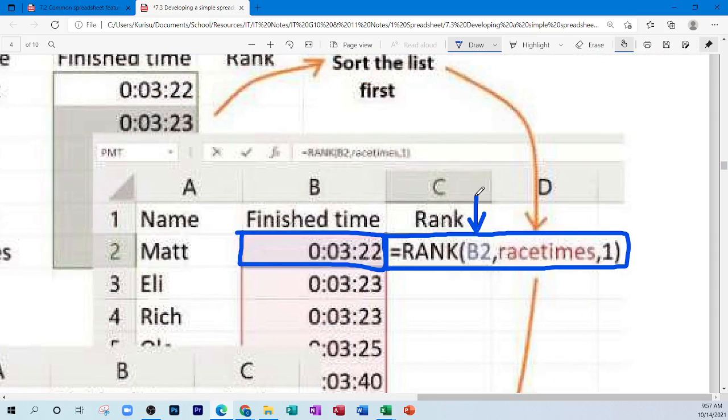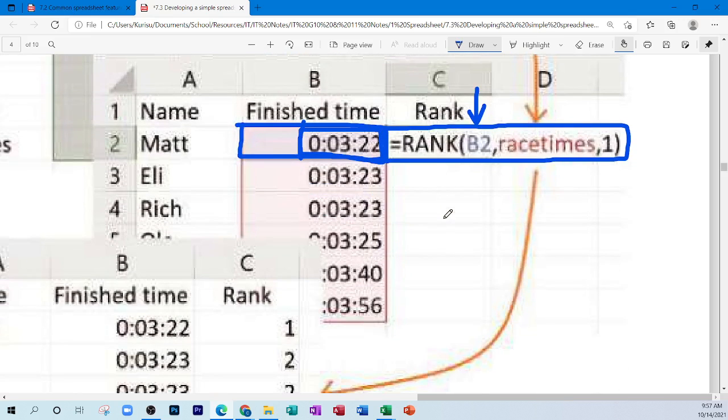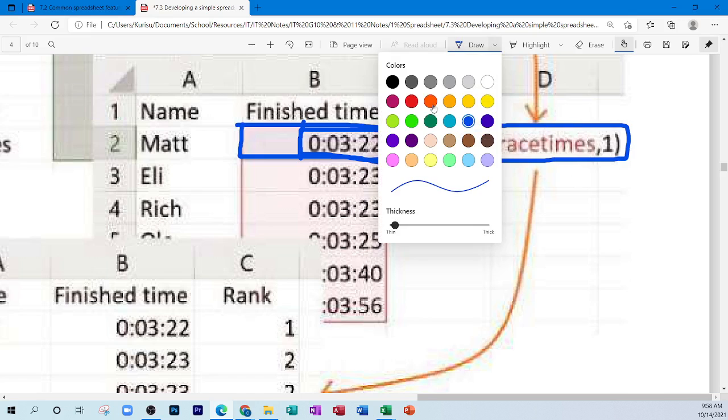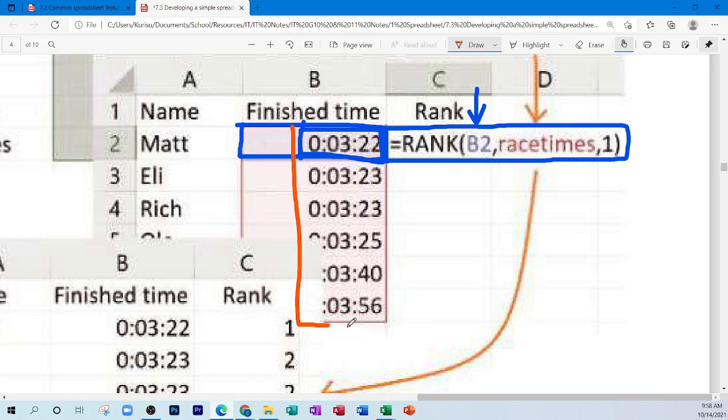So B2, which is this time that you're seeing here, is the individual value we're looking at, the individual position, and we are comparing it to the entire race, the entire range, all the persons that would have similar data. In this case, race time is that range. So B2 is going to be compared to everything inside of this range,